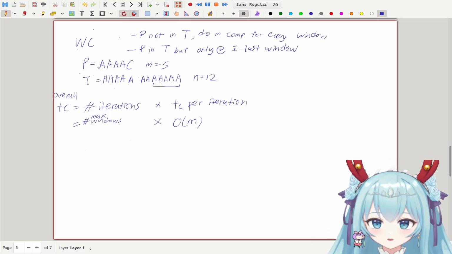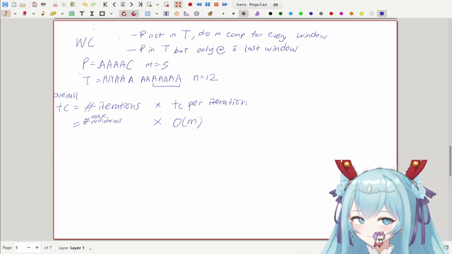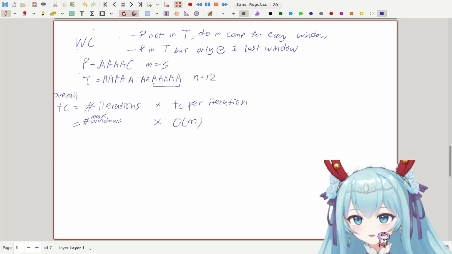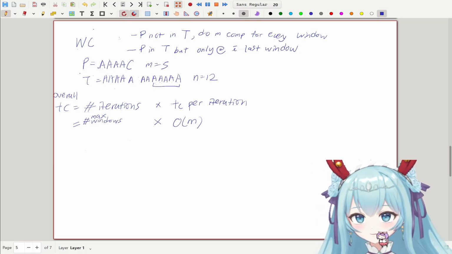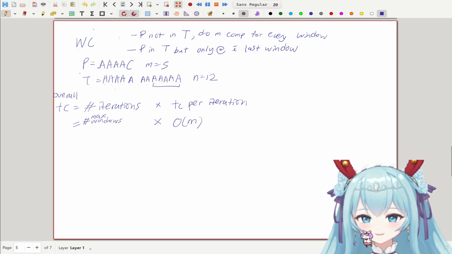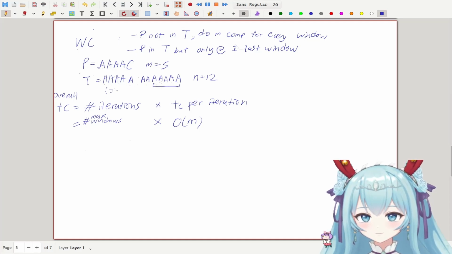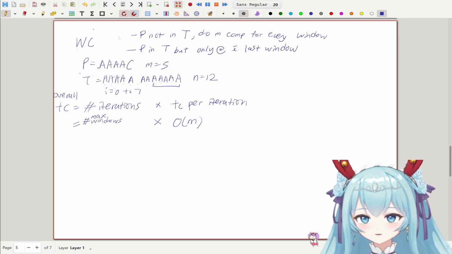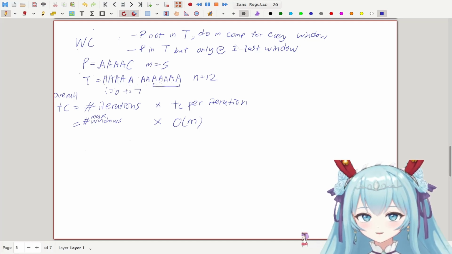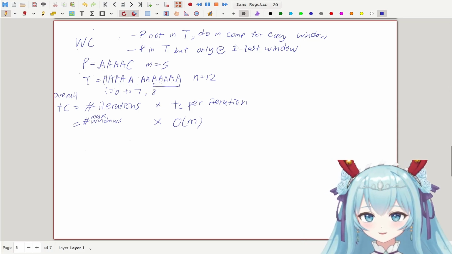This is the last window, right? And how many windows can we have? It'll be 1, 2, 3, 4, 5, 6, 7, 8, because that means I can range from 0 to 7. So that means 8 different windows,